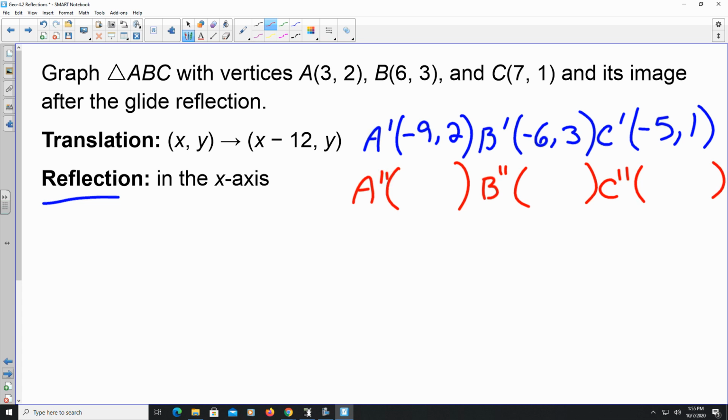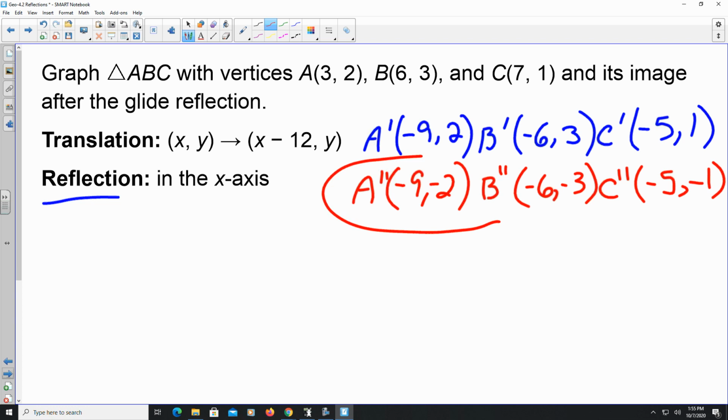Because it's over the x-axis, all of my x values remain the same, so -9 remains the same, -6, and -5. What changes is the opposite, so it's going to be -2, the opposite, which is -3, the opposite, which is -1. So my translation we took care of, and then with the reflection,